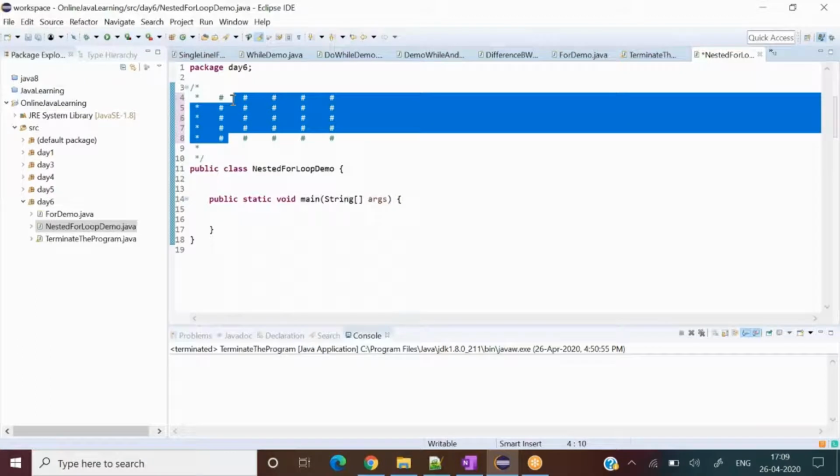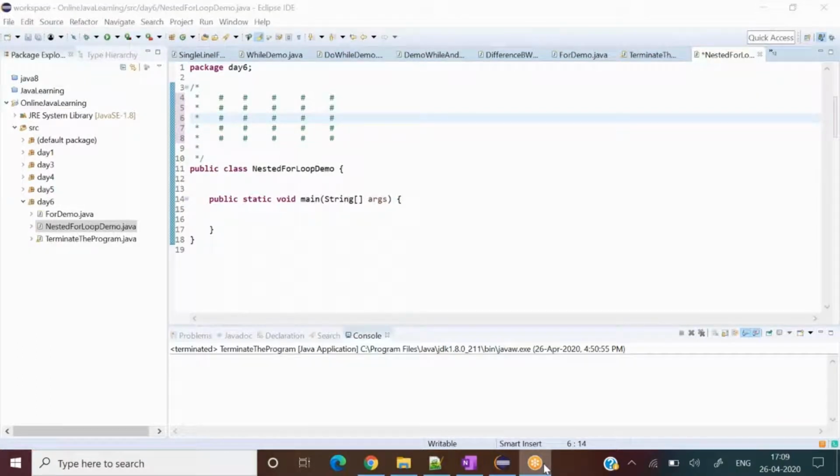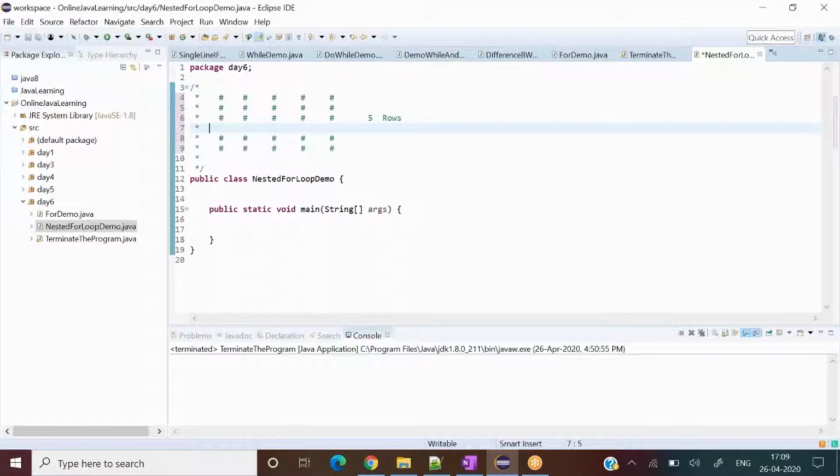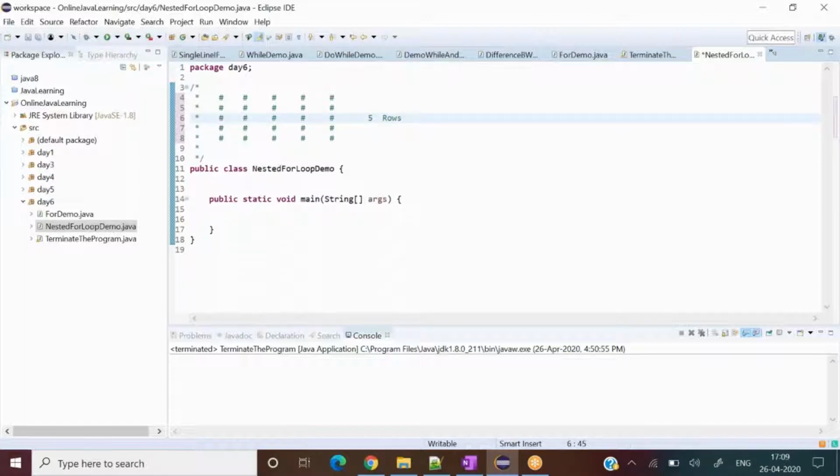So this one, if I can draw a diagram, allow me. Then let me see here. So this particular line, I hover my cursor. This is called one column. This is called the second column. This is called the third column, fourth column, fifth column. So how many do we have? We have 5 rows and, if I come here, 5 columns.